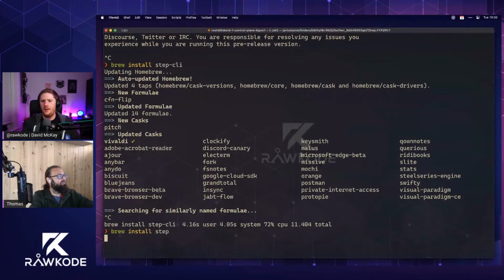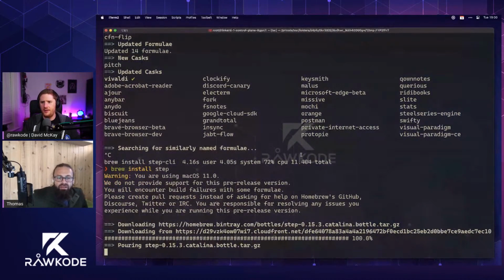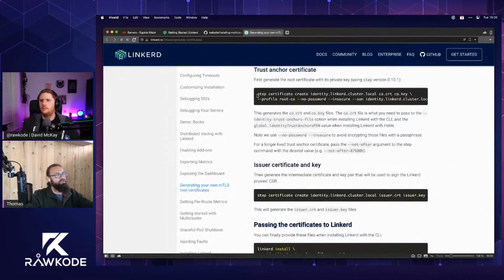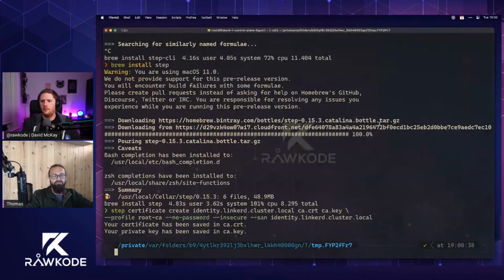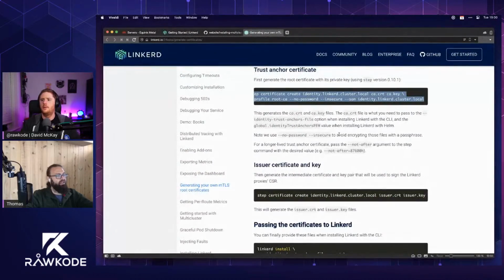And I'm assuming step is just some sort of utility for generating X509 certificates or something similar. Yeah, okay. It's actually a great CLI that does a lot more than that, but we use it just for generating the certificates. Okay. So that created a trust anchor, and